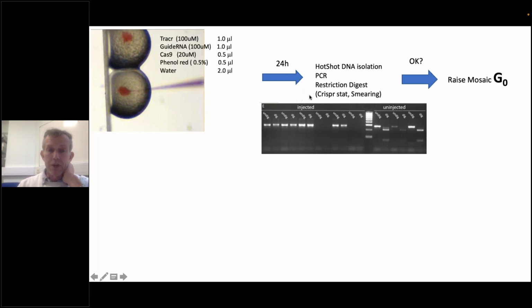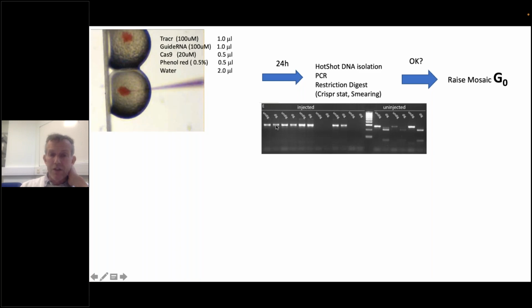Here we have embryos that have been injected with the guide. Now the guide cuts the DNA, and as a result of this cutting, the DNA repair mechanism will lead to insertions and deletions. And these insertions and deletions will destroy the restriction site that we use to digest the DNA.